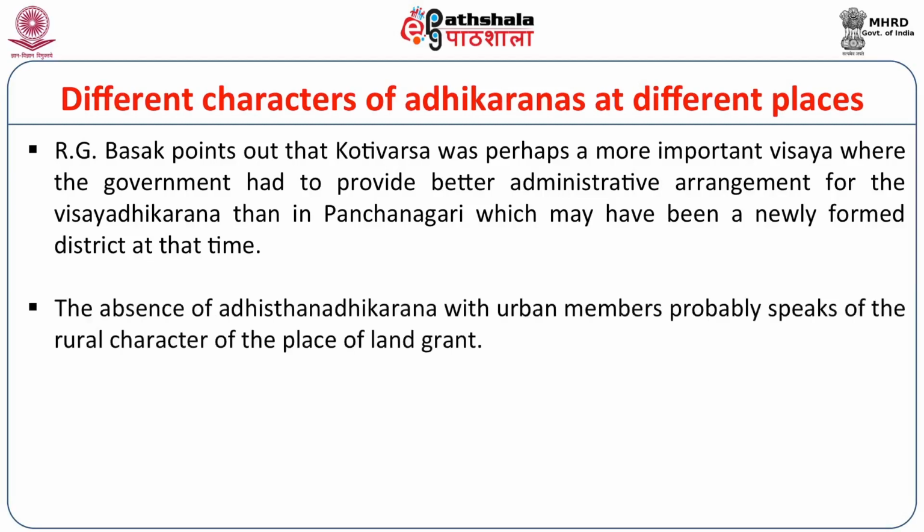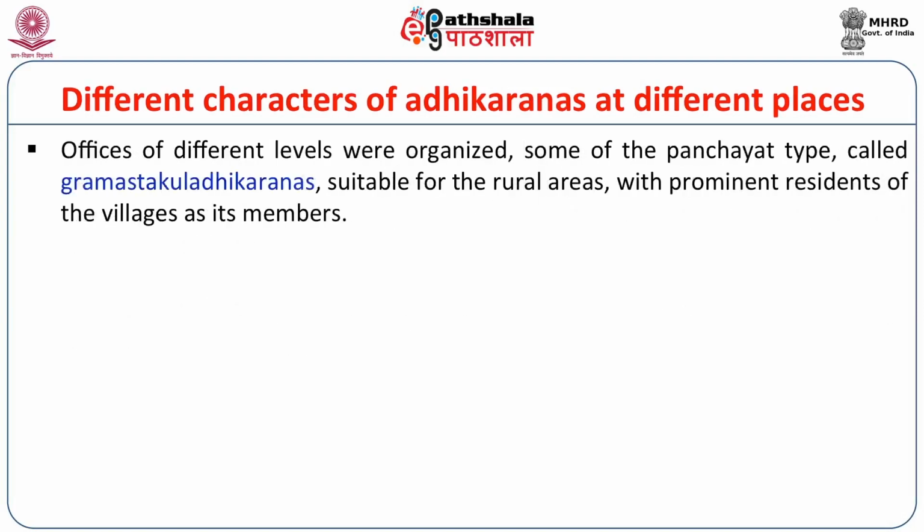So, the absence of Adhishthanadhikarana with urban members, as we have already discussed, who were the urban members: the Nagara Sreshthi, Sarthavaha, Prathama Kulika, Prathama Kayastha. So, the absence of Adhishthanadhikarana with urban members probably speaks of the rural character of the place of the land grant. The offices of different levels were organized, some of the panchayat type called the Gramashtakula Adhikaranas, suitable for the